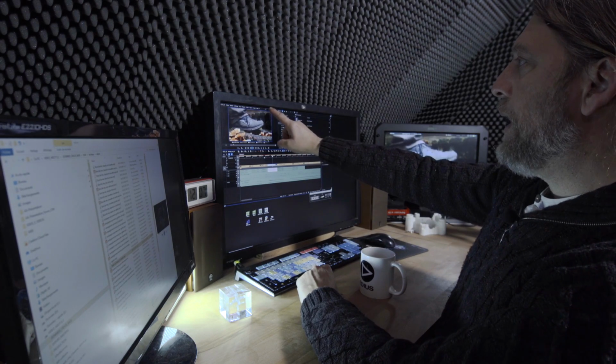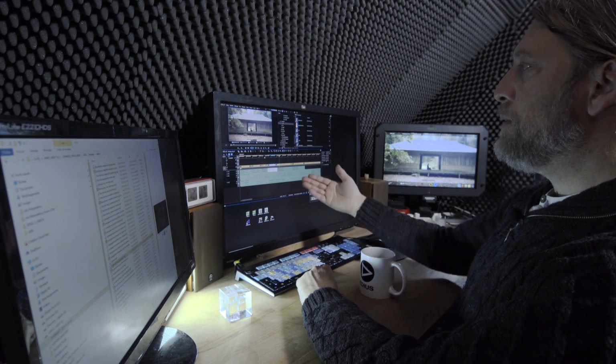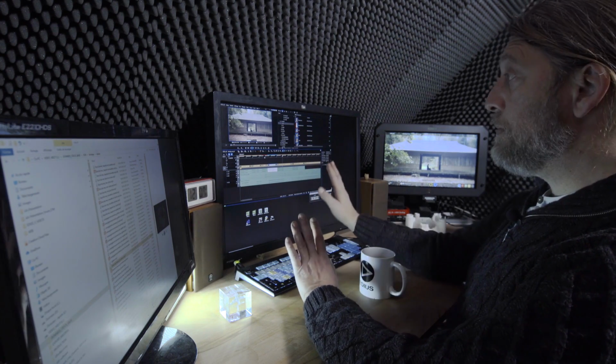So if we lower the preview playback to half, the playback runs smoothly. So that's pretty amazing.